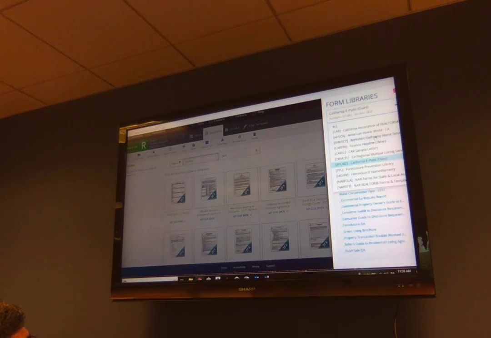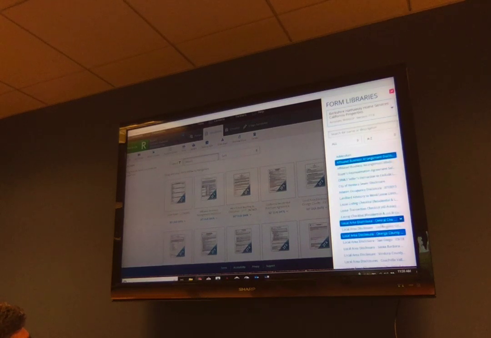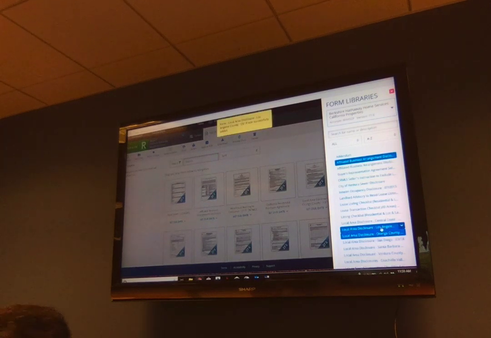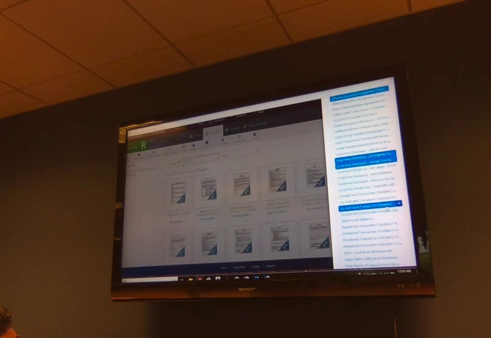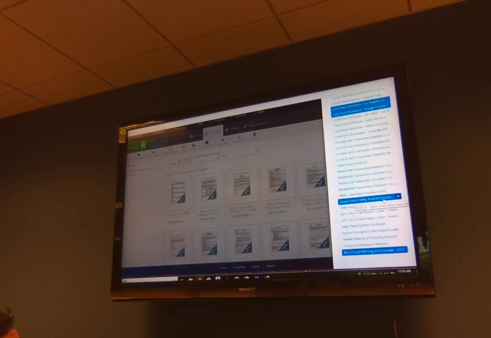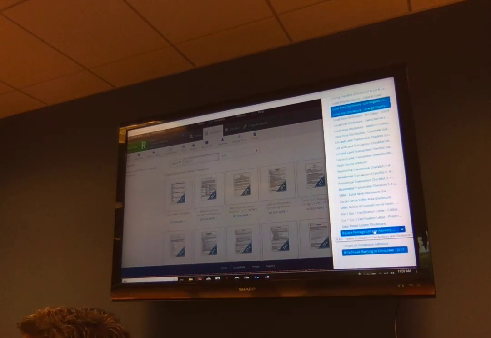And then, let's see. Anybody ever sell a house in LA County? Yes. So why don't we add that local area too? That way you don't have to have a different template. You just pick the one you want. You can have stuff in the template and never use it. And it's easier if you just have one, I think. As a buyer's agent, is anybody using the square footage and lot advisory form? Well, let's put that in there too. Aren't we required